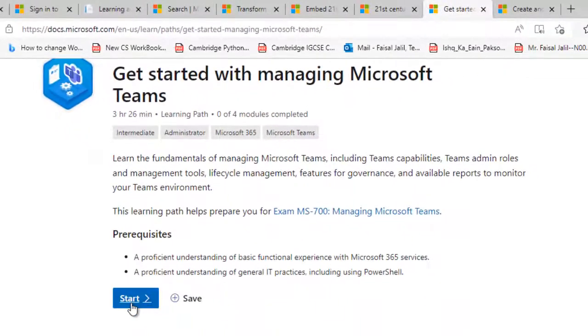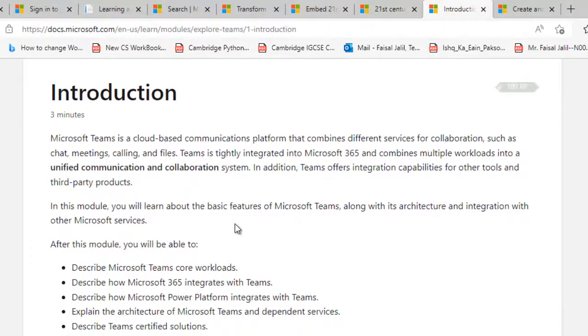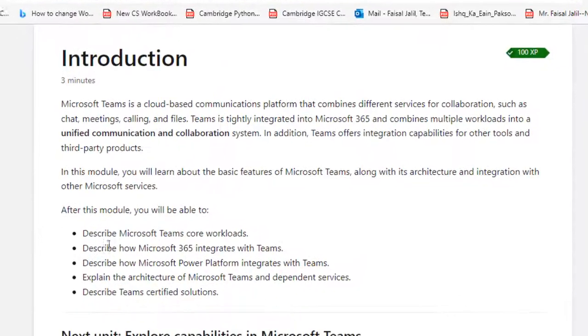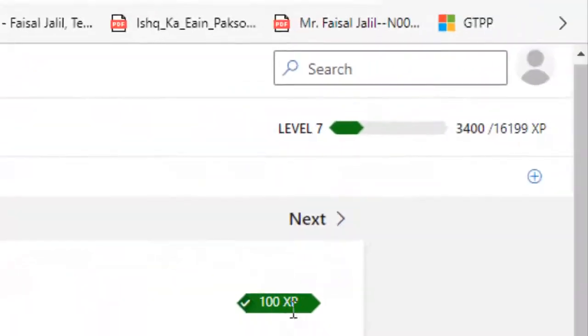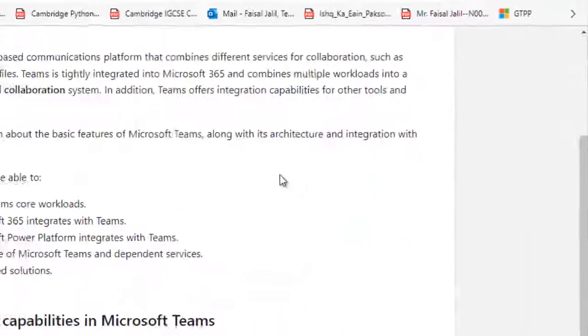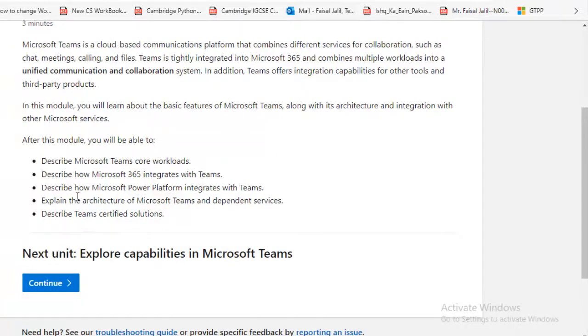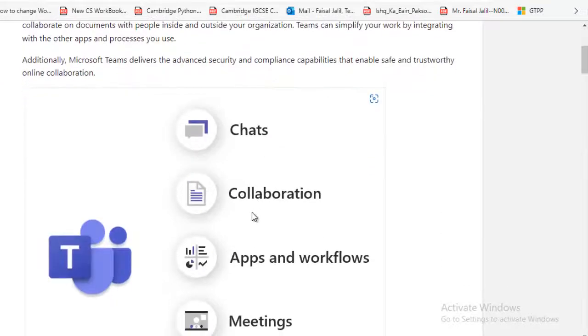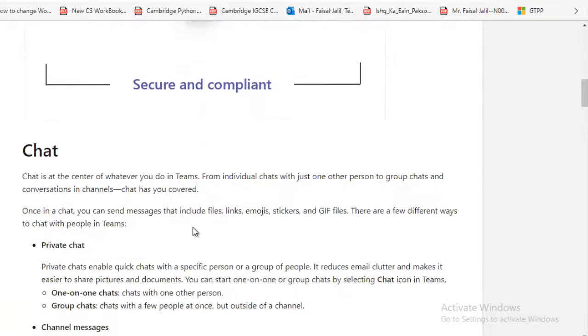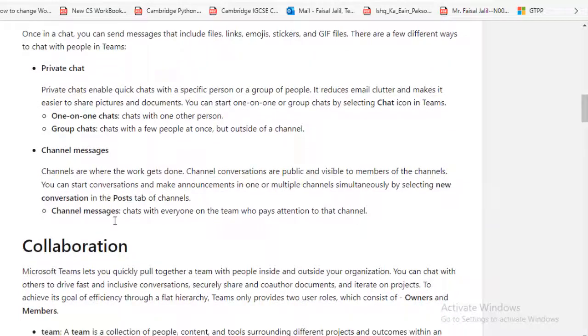Okay, and then you need to complete this. Click on start. You need to read all this. Okay, after this module you will be able to, just like your planner. Okay, and when you complete this level, you will get points over here. It will turn green, and it will be added over here. Okay, describe Microsoft Teams core workloads, describe how Microsoft 365 integrates with Teams, describe how Microsoft Power Platform integrates with Teams, and explore architecture and all that. When you click on next, explore capabilities in Microsoft Teams: chat, collaboration, apps, work, meetings, calls. You need to go through all this and read it,